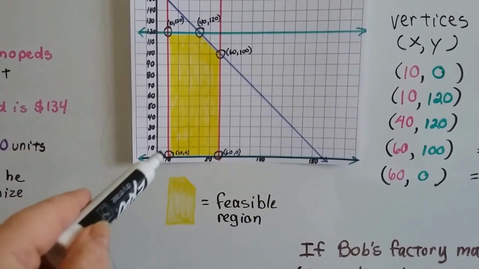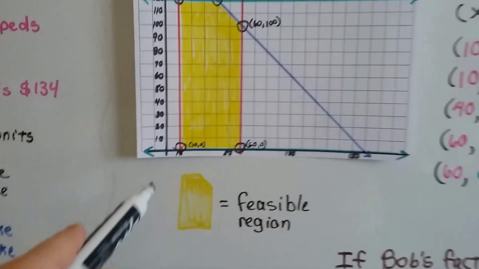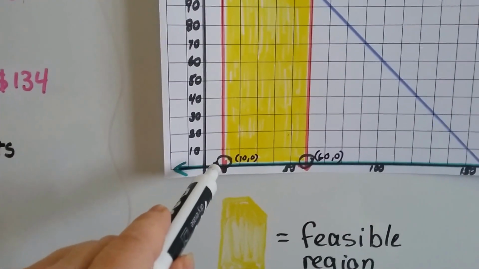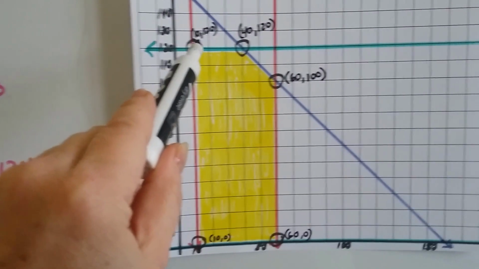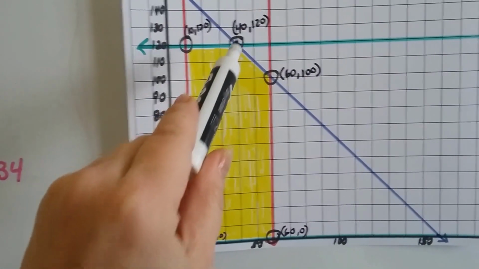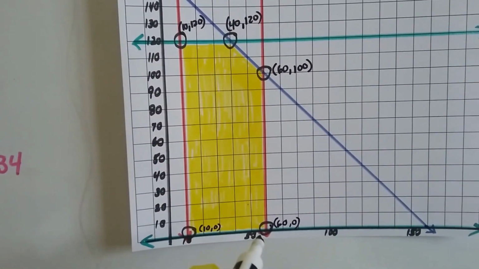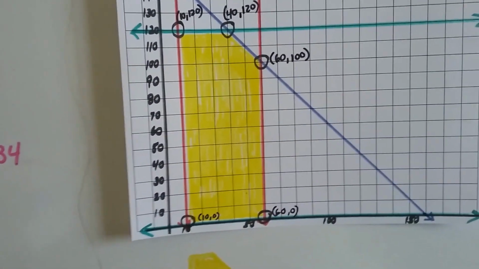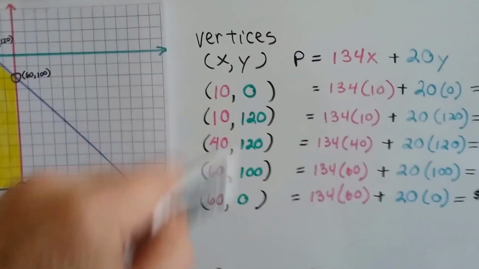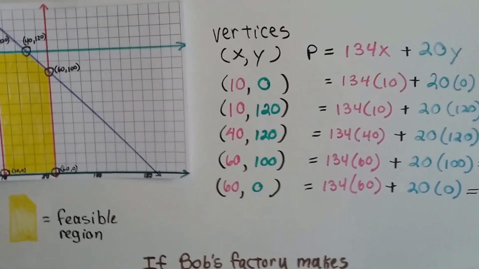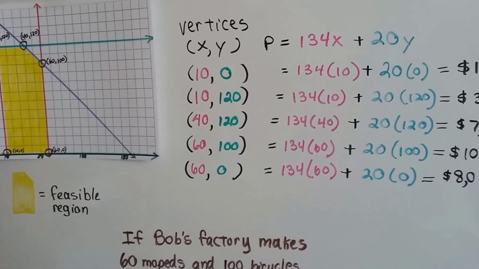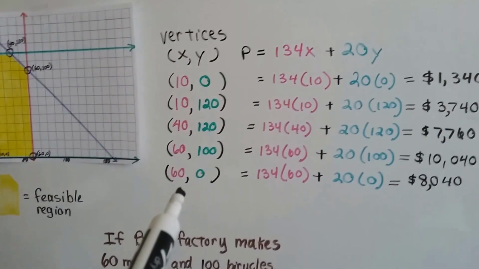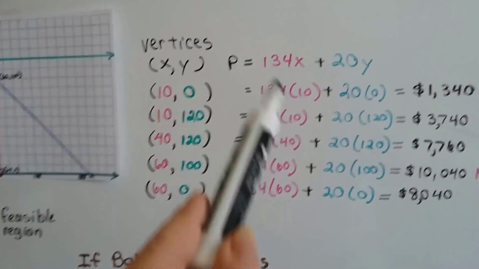We can write our vertices. We've got this one down here at 10, 0. We've got 10, 120. We've got 40, 120. We got 60, 100, and 60, 0. We write our vertices over here. See? These are all the ones that are the vertices, the x and y values, and we plug it into